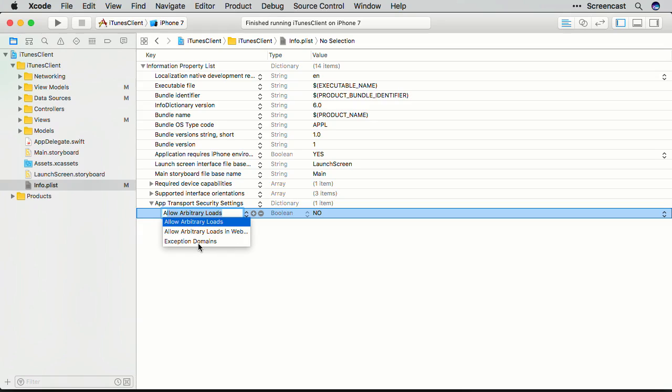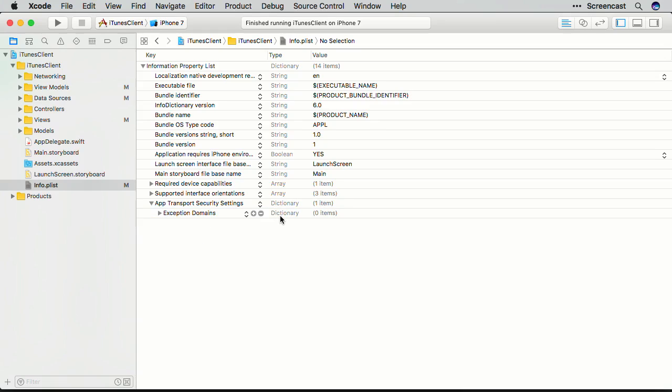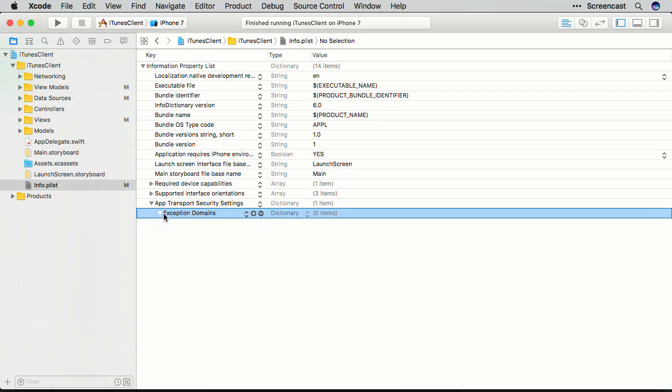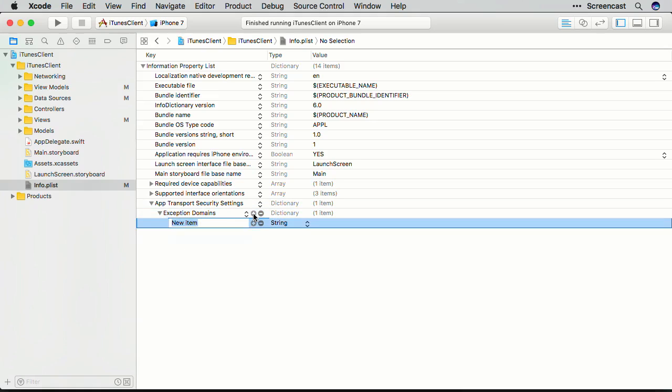So to do that, we're going to use this key, exception domains. Now this key accepts as a value another nested dictionary, and so we'll click plus to add the key. And for the key value pair, we'll specify the domain we want to exclude. So the domain is the key, and here we're going to list, let me make sure this is actually not the right one. Let me get rid of it. Click down here to expand this key value pair, and then click plus to add the new key. And here the domain is